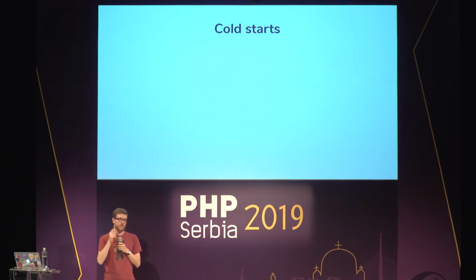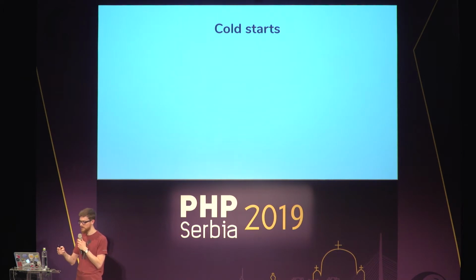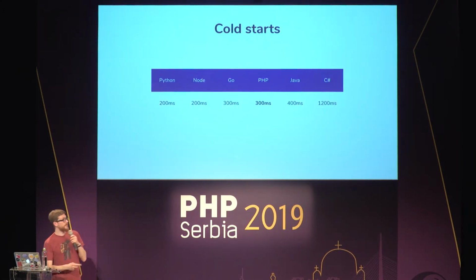Fortunately, Amazon re-implemented their own container system, and that's why they created what's called Firecracker, built especially for performance when starting. So there is still a penalty when starting. Here you can see the penalty you get for each language.